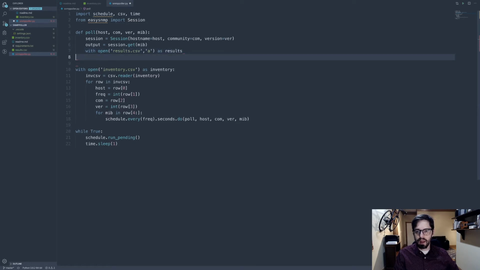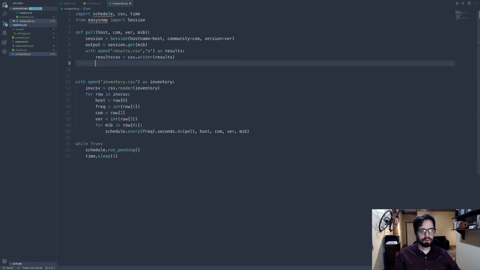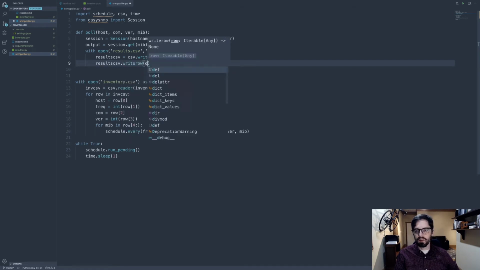So we have our file open now, and what we want to do is actually create a CSV reader object. So csv.reader on our file that we had open. So we opened up our file and then we created a CSV reader on it. And then, I'm sorry, not a reader, a writer. We're doing a writer this time, not a reader. So results.csv.writerow. What we want to do is now we want to do a